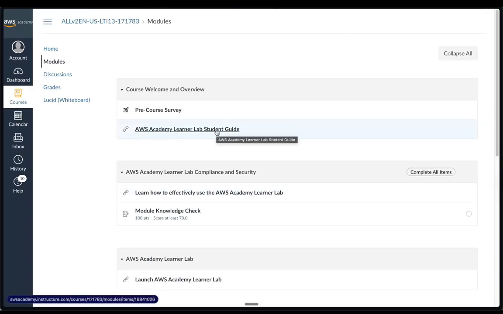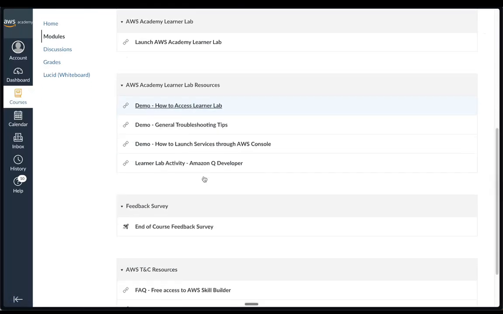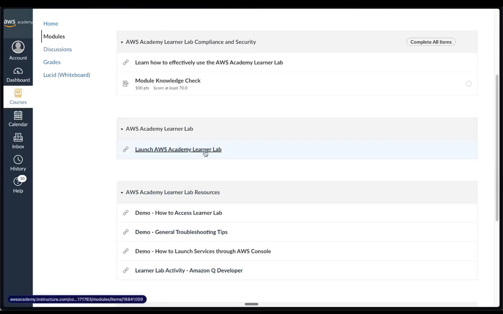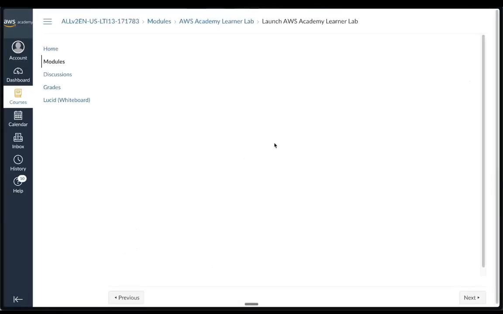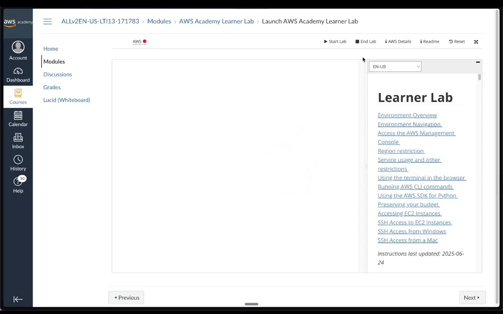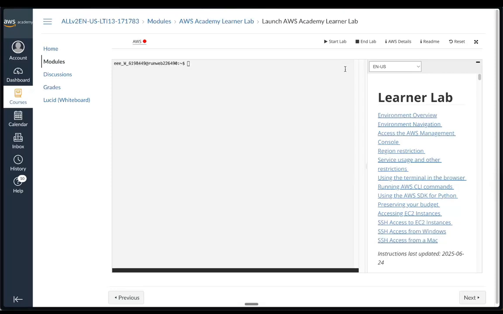You can also look at the student guide. It will give you some idea what you can do here and so on. All we want you to do is come to Launch AWS Academy Learner Lab, and from here you enter into the virtual lab console. The first time you launch this, it will take a bit longer, but subsequent times should be faster. What you see here is a console and also all the information you can learn about the Learner Lab. For the time being, for your very first lab, what you need to do is click Start